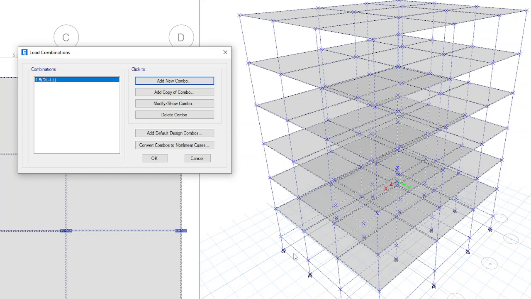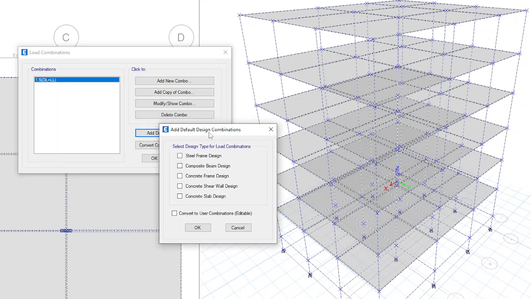If you want to add load combinations from the software, at the bottom you can see add default design combos. Click on that. Here select concrete frame design. Later, if you want to edit those combinations, below you have convert to user combinations editable. Check that too: concrete frame design and convert to user combinations editable, and click OK.